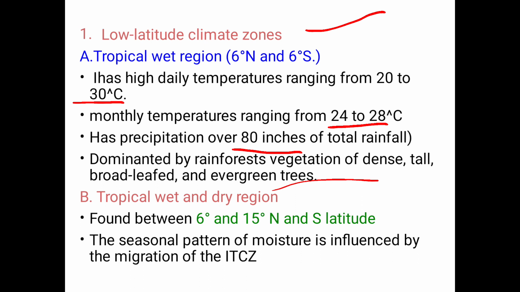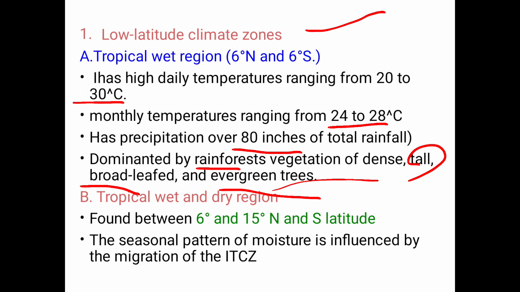The dominant type of vegetation found here is the equatorial rainforest vegetation, which is known for having tall, broad-leaved, and evergreen trees. Okay, in this area, the forests are categorized into three: the high canopy, the middle canopy, and the low canopy. Okay, the second